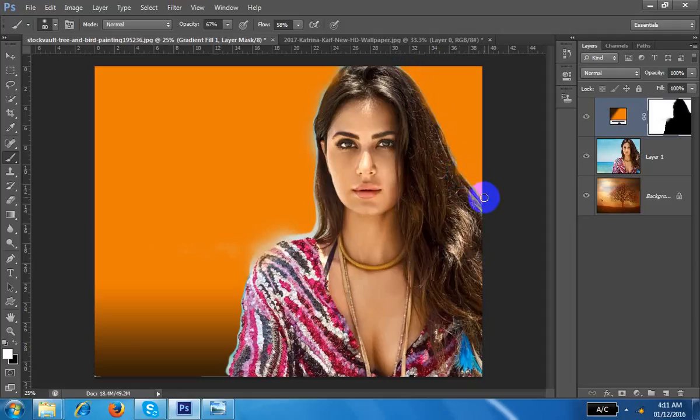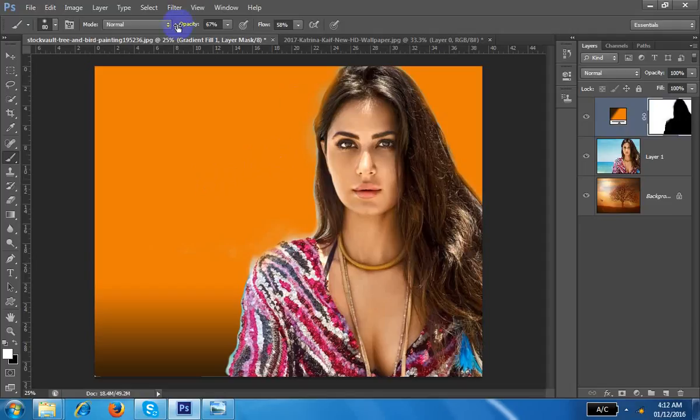You can zoom in and do it from your side very carefully. So this is one way to change the background. Understand? Whenever you work here, you can work very beautifully.